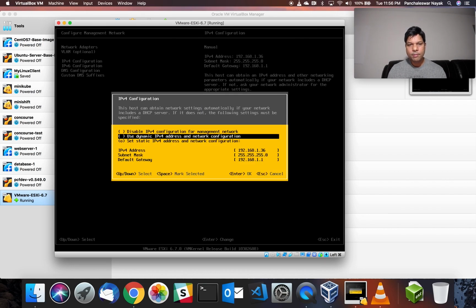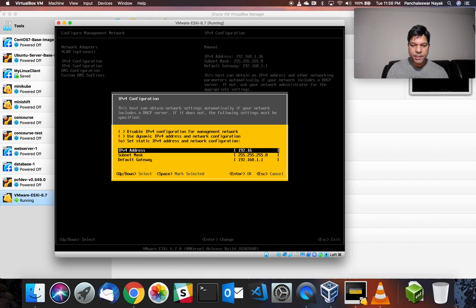Okay, I'm going to set the static, and here 192.168.1. I'm going to create as 4. I have already assigned 213 to some other servers in my environment, so I'm going to give the IP